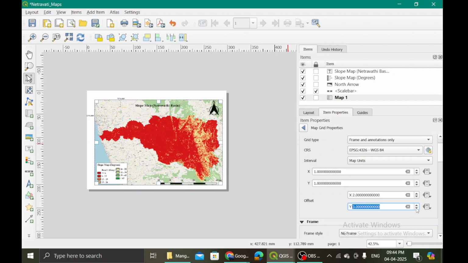Two, offset maybe two, one, one. I'm just checking, trying to bring in more. Two, two, three, four, five, six. My God, that is gone.